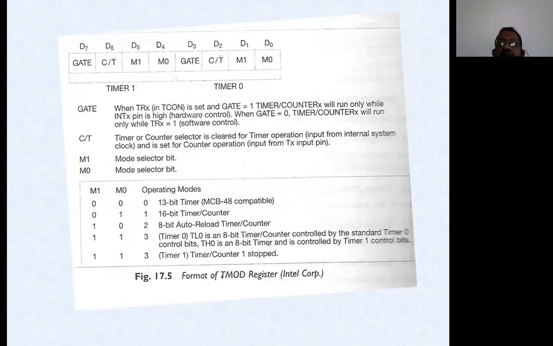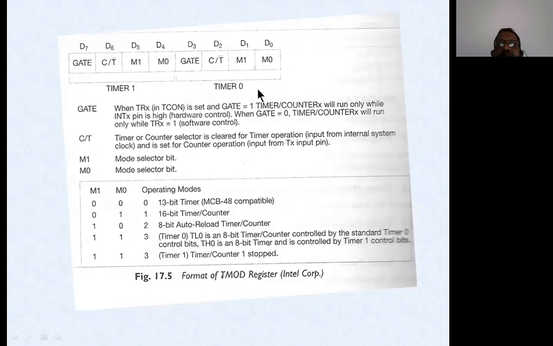Using this register, we set the mode of the timer. Every timer is going to operate in 4 modes. Just now we discussed timer mode 0 to mode 3. This timer register is of 8 bits, D0 to D7, and it is divided into two, 4 bits each.